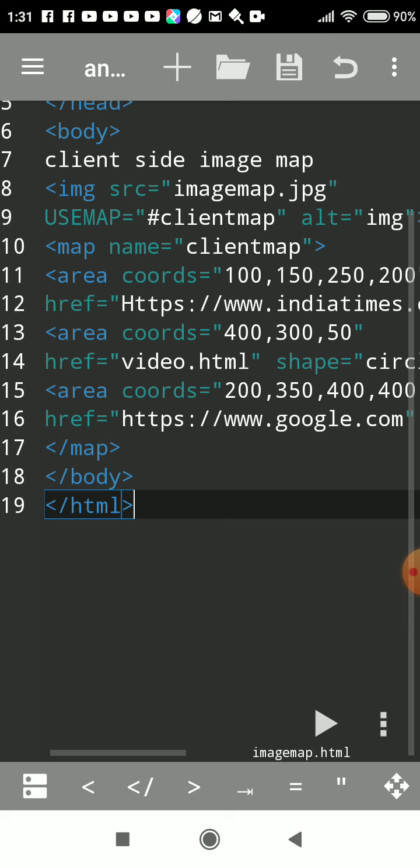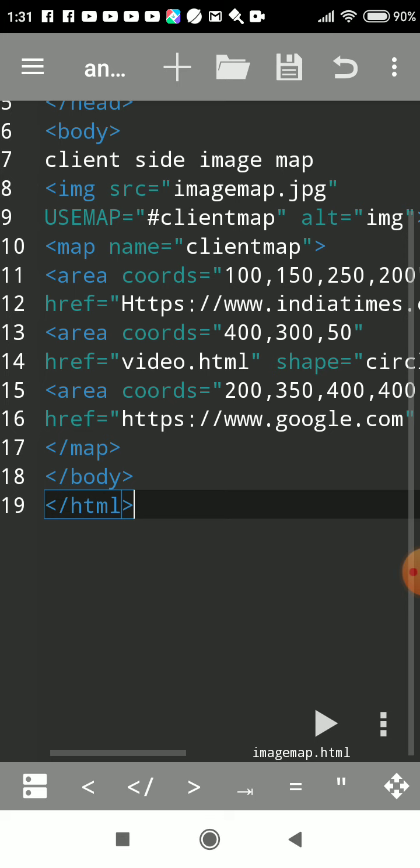Nowadays in client side image map, the browser itself processes the mouse click, that is the clickable area, plus the page which is hyperlinked and the image. So the load is not on the server, it saves your time, and processing is done by the browser itself. So most of them are now adopting client side image map.